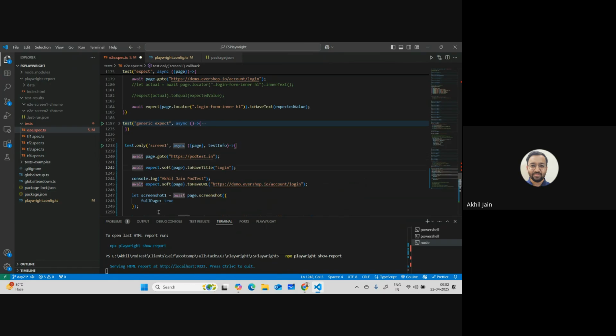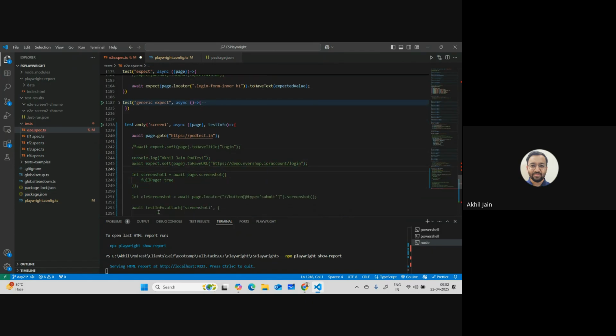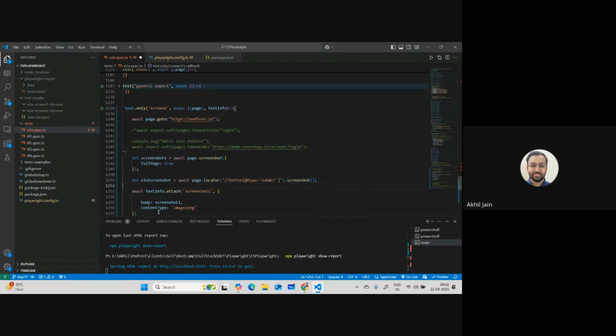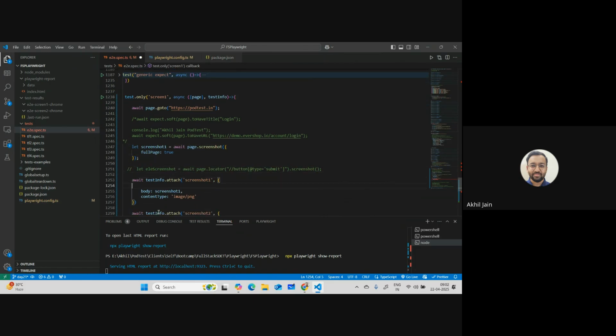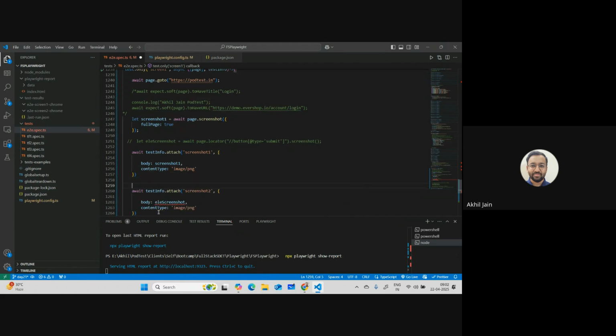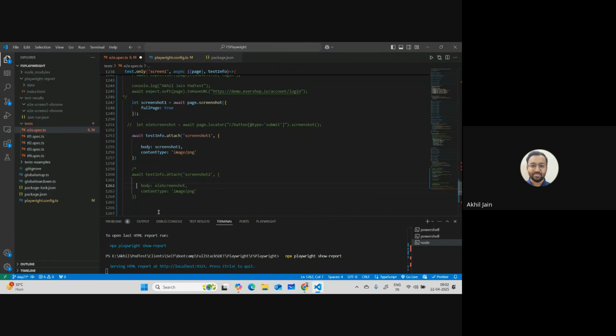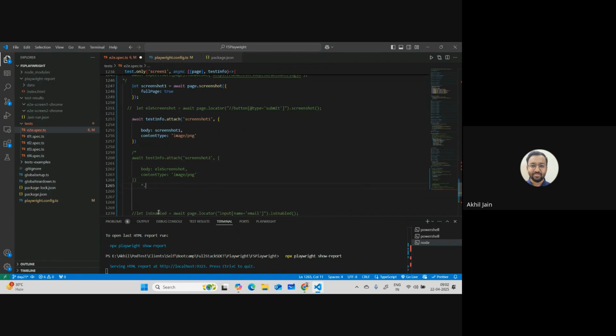Let's say any of this, and we'll just run this part. And I will not take element screenshot. I will take the screenshot of just the page, right? Let's say, just to make things simple. Here